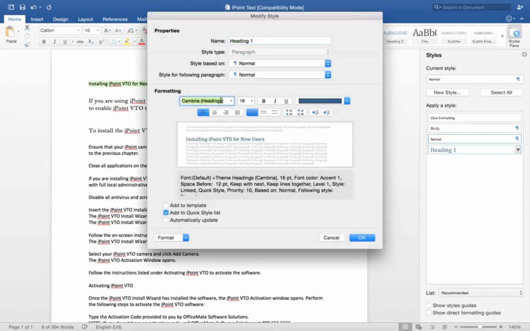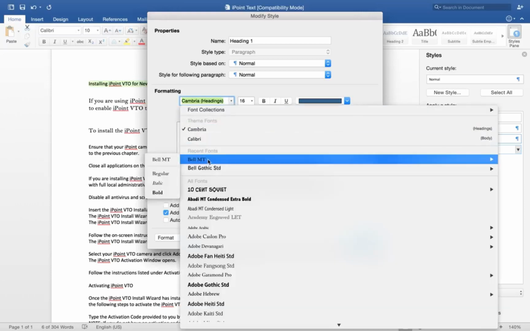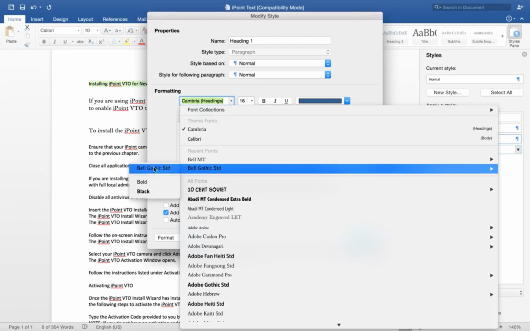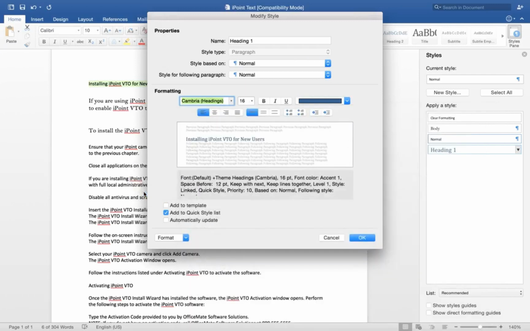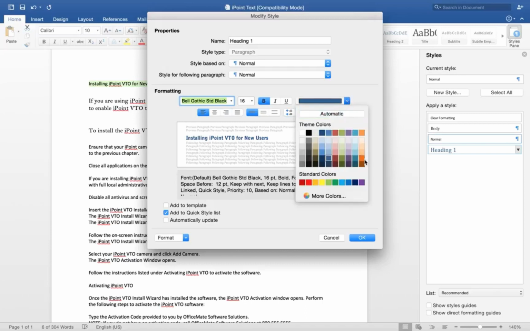For the formatting, I'm going to choose Bell Gothic, and I'm going to choose black. I want this to be a very thick font. We also want this to be the burnt orange color, so we'll select that from the color palette.